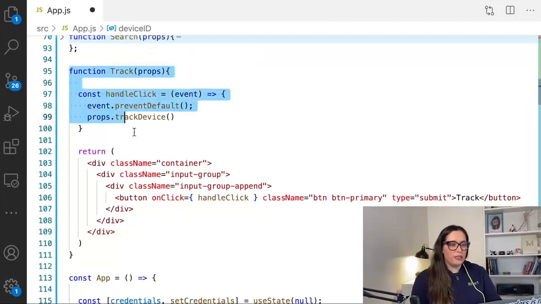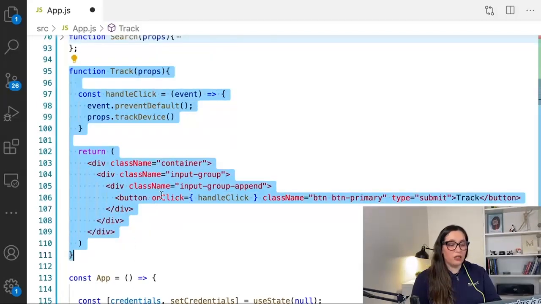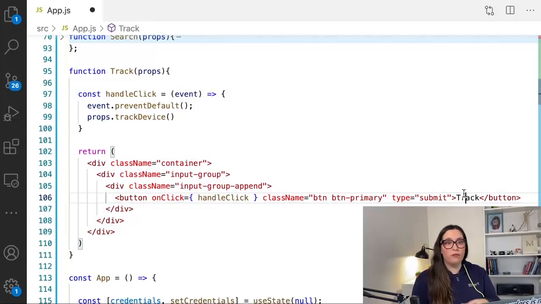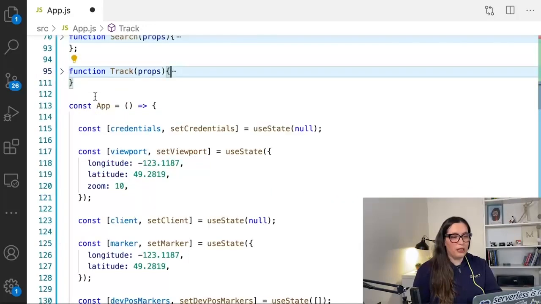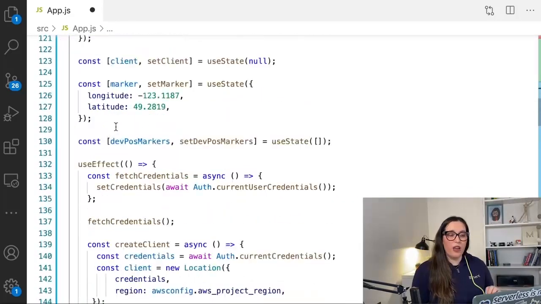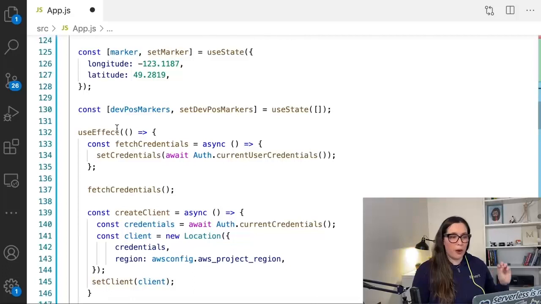So then the next thing we are going to see is the tracker component that is just a button, because we are just displaying a button, but we could have also the box text input as well if we need there. And then in our application component, you can see there that we have a new array called dev post markers,